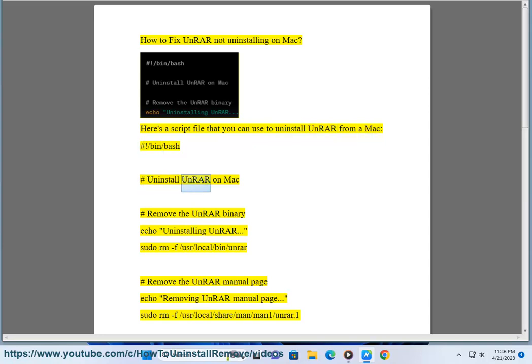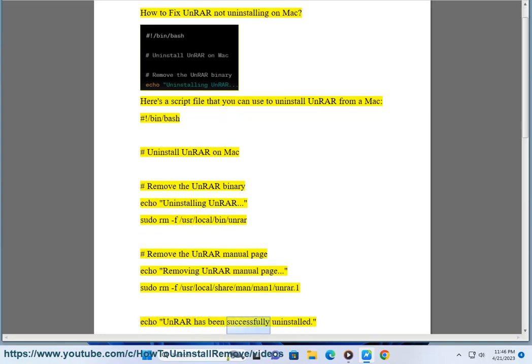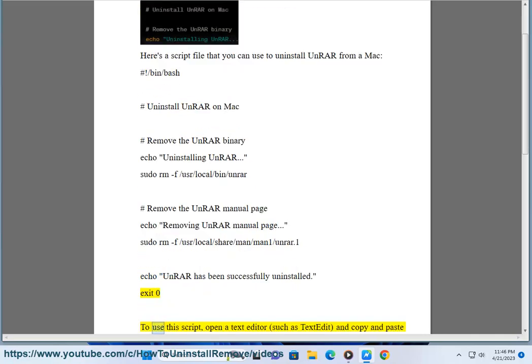#!/bin/bash # Uninstall UnRAR on Mac # Remove the UnRAR binary echo "Uninstalling UnRAR." sudo rm -f /usr/local/bin/unrar # Remove the UnRAR manual page echo "Removing UnRAR manual page." sudo rm -f /usr/local/share/man/man1/unrar.1 echo "UnRAR has been successfully uninstalled." exit 0